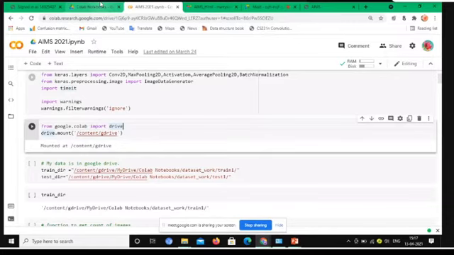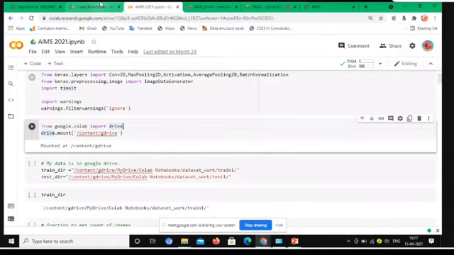So anyone can use this dataset for tomato leaf, potato, bell pepper and so on. There are a lot of datasets available in PlantVillage. It contains 30 different types of diseases, so you can use this dataset for your work. Here I take only two classes from the tomato: one is bacterial spot and another one is healthy.